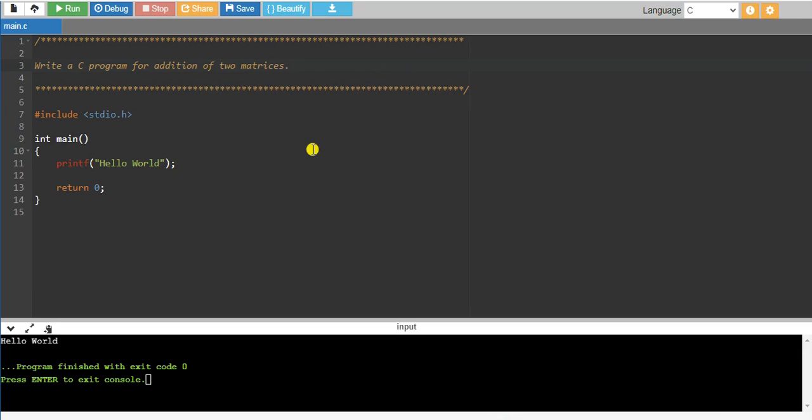This is our problem definition. We have to write a C program for this. We know what is addition, right? But how to add the matrices, how to add the two matrices, right?